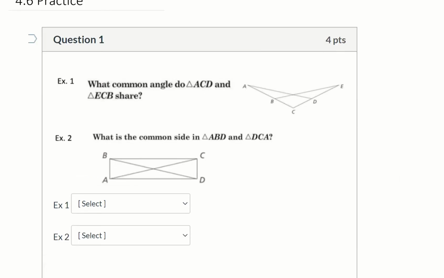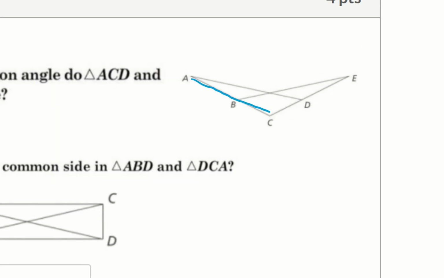So this first question is saying, what common angle do triangle ACD and triangle ECB share? And so you just have to recognize the two triangles here. If we look at this first triangle, we have this one, and we have this one. You notice that the angle that they share is this angle here, where the black and the blue overlap. And so this angle right here,